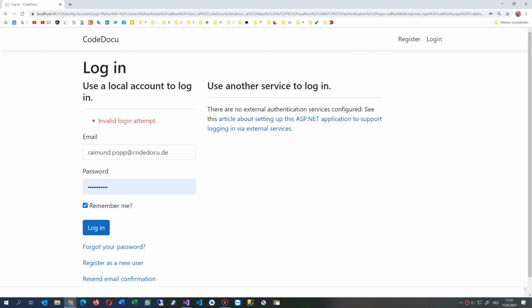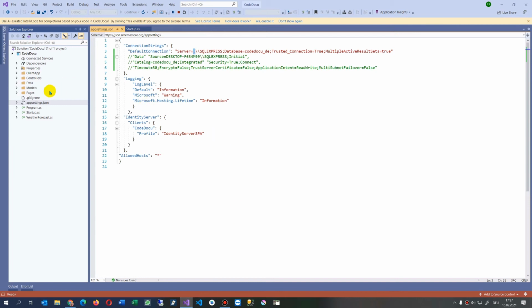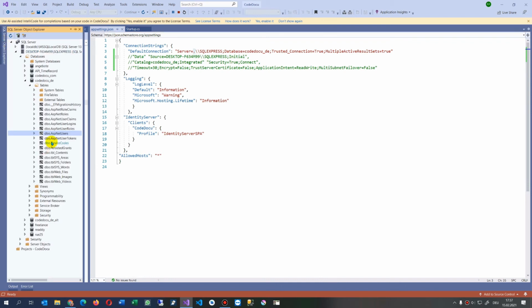Problem there. Now we have seen that the database itself is working, but the confirming of the email doesn't work. And when we have a look now into our SQL Server and go into our users, then